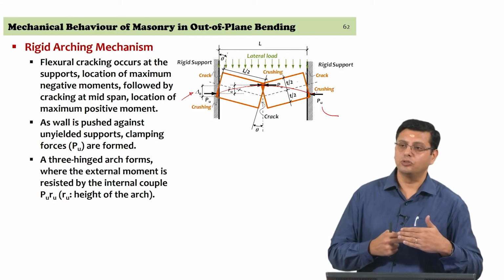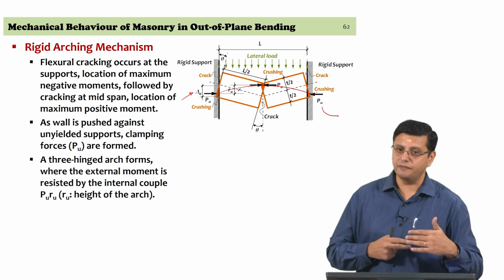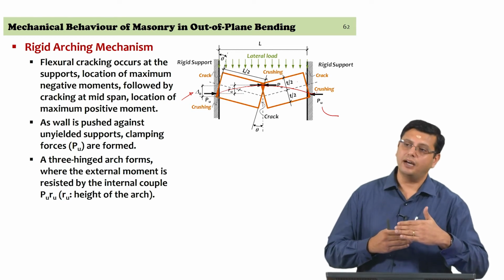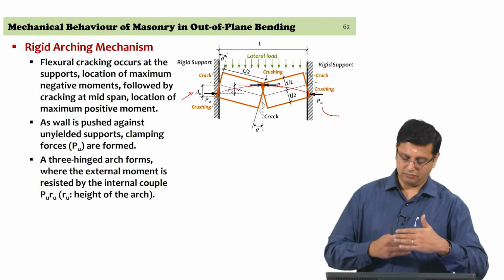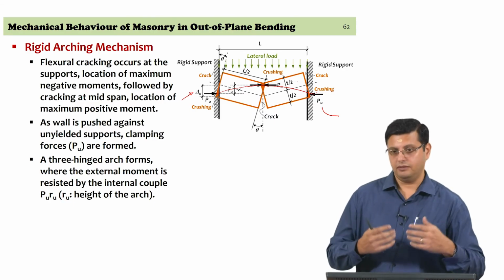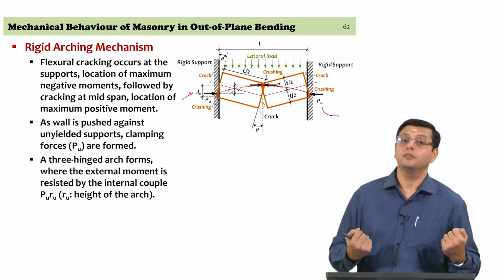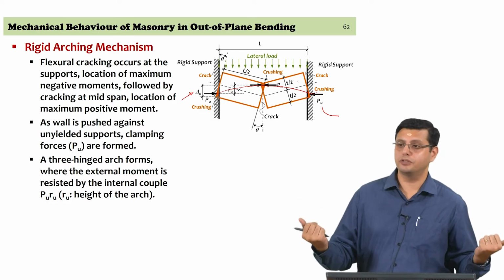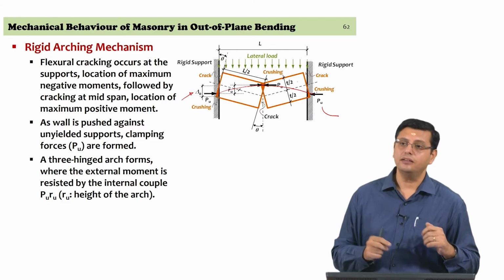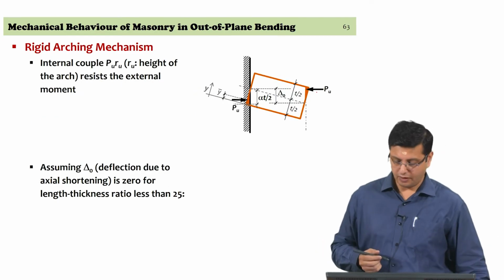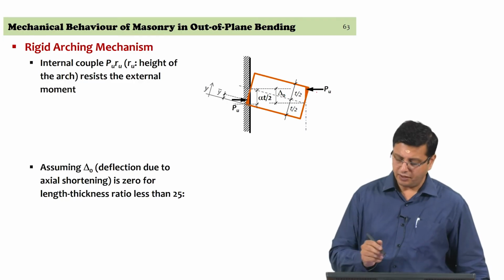If the material is able to withstand compression significantly, the rise of this arch will keep increasing. And so, if you can get a significant rise, you will be able to, without failure and without movement of the supports, significant out of plane load can be carried by the wall itself. Okay. Now, let us just examine